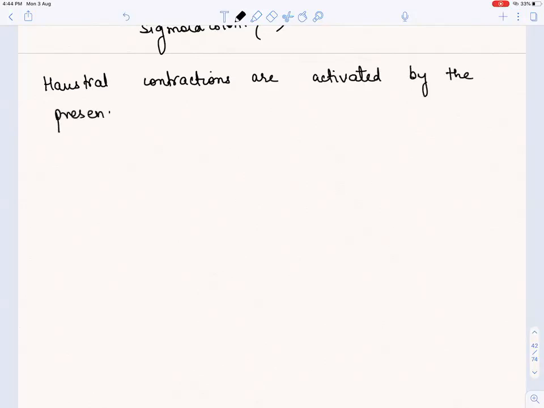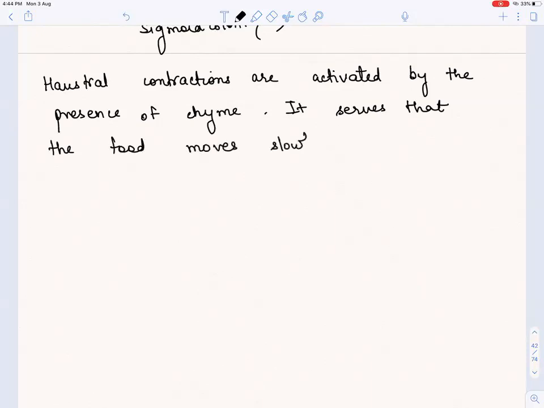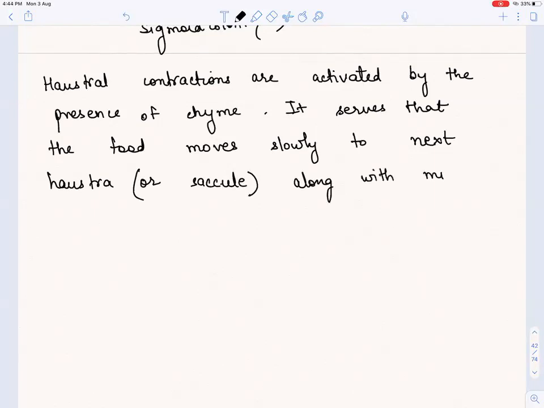And it helps so that the food moves slowly to the next haustra, or sac or sacule, whatever you want to say. Along with that, it is mixing the chyme